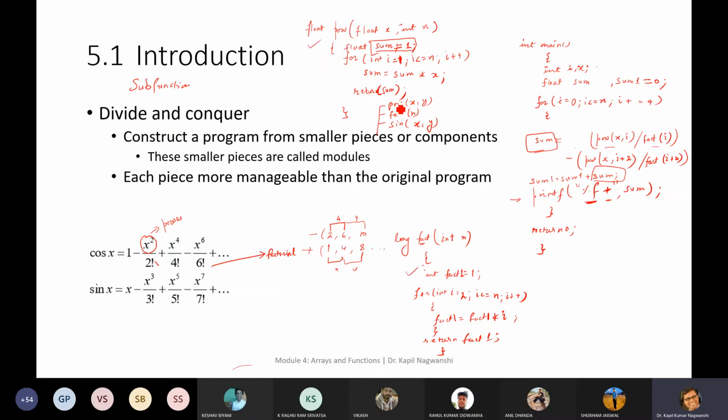Using power and factorial functions, we simply write a program, and here we can see that the difference between positive terms and negative terms is 4, and this starts with x to the power 0 divided by factorial of 0. So 0 plus 4 is 4, 4 plus 4 is 8, and likewise.